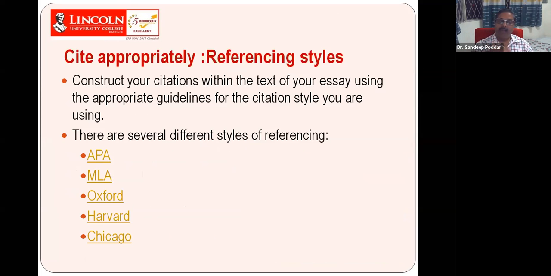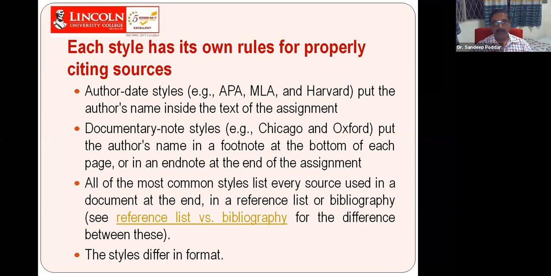Now there are different types of referencing. Every journal we publish in maintains a different style. Otherwise, one person may come in a t-shirt, one in a shirt, another in a tie. That is not uniform. So to maintain uniformity, we have to follow one style: APA, MLA, Oxford, Harvard, many types. Each style has defined rules, which I'm not going into in detail now because the time is short.